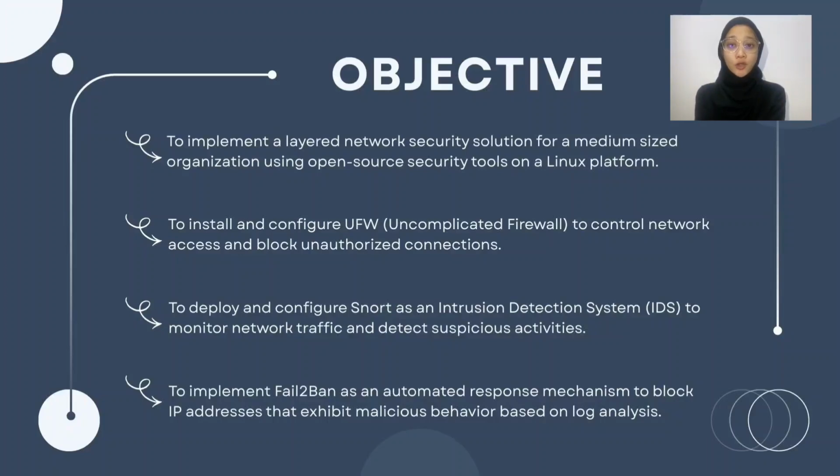The first objective is to implement a layered network security solution for a medium-sized organization using open source security tools on a Linux platform. Second, to install and configure UFW, uncomplicated firewall, to control network access and block unauthorized connections. Third, to deploy and configure Snort as an intrusion detection system, IDS, to monitor network traffic and detect suspicious activities such as scanning and probing. Lastly, to implement FAIL2BAN as an automated response mechanism to block IP addresses that exhibit malicious behavior based on log